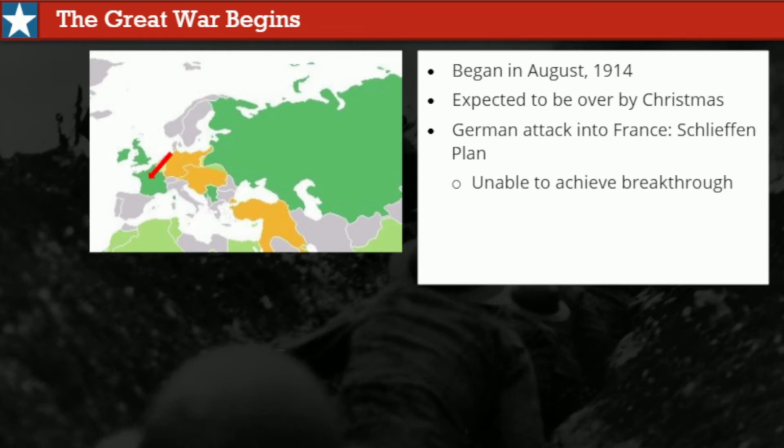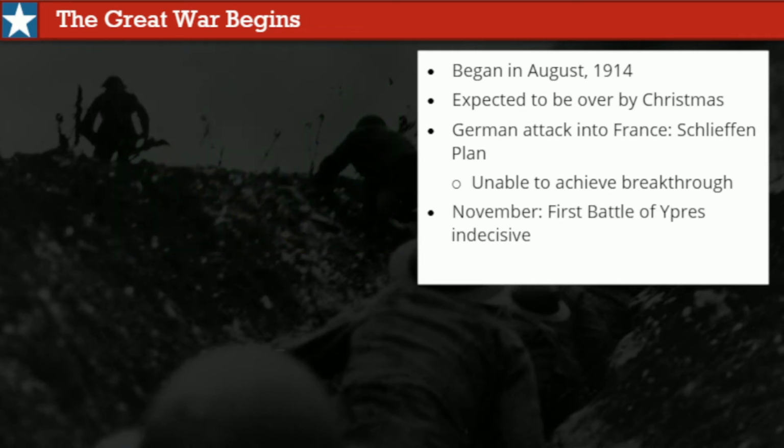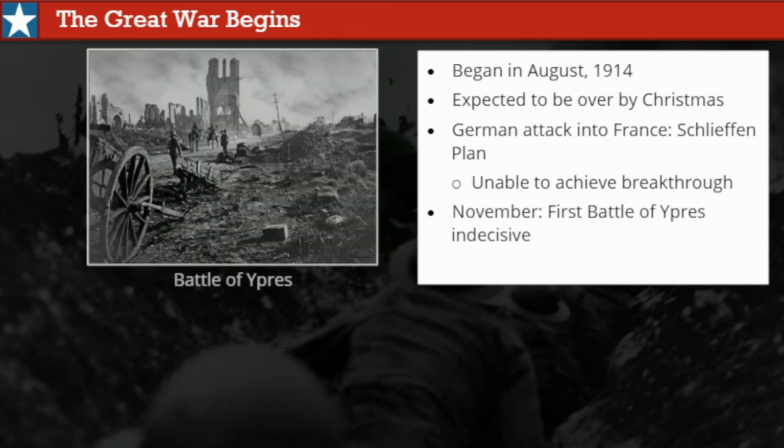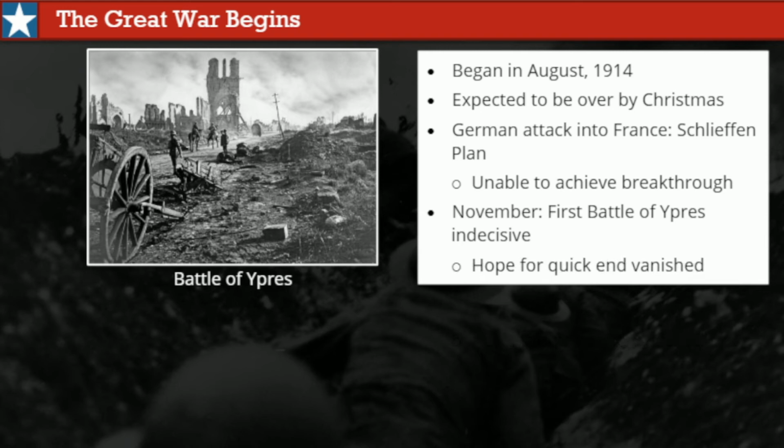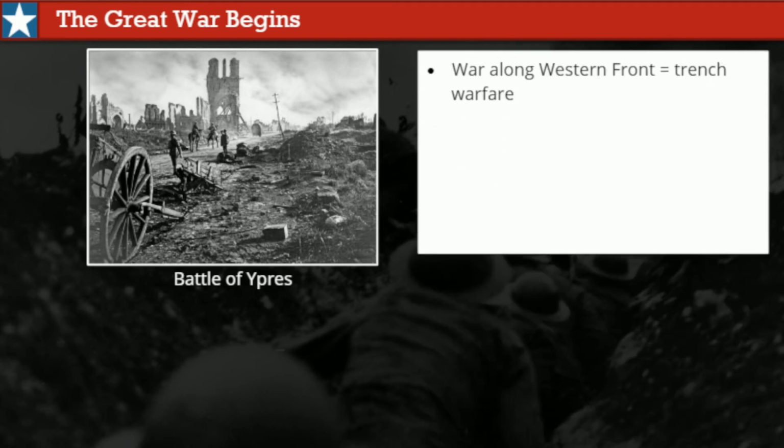Instead, the German offense bogged down in Belgium and northeast France, unable to achieve a breakthrough against the defenders' massive armies. By November, after the First Battle of Ypres ended indecisively, resulting in over 100,000 casualties, any hope for a quick end to the war vanished. Instead, the war along the Western Front, a line of combat stretching from Belgium down to the German border, settled